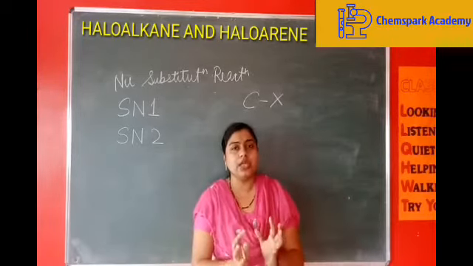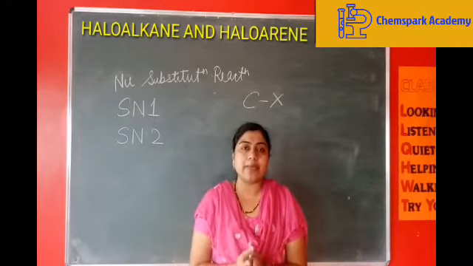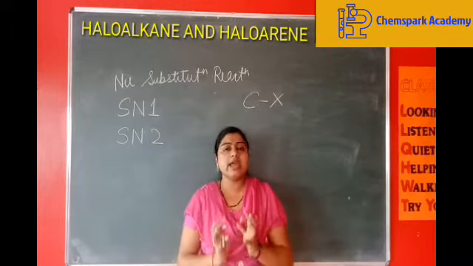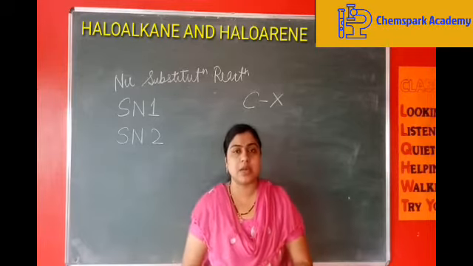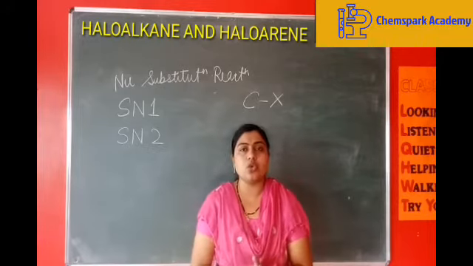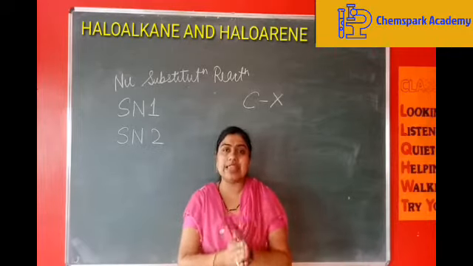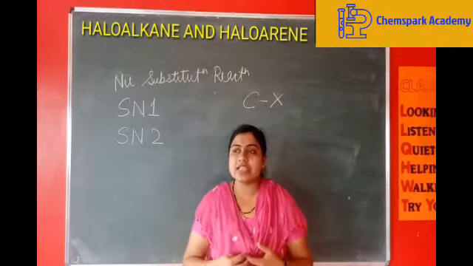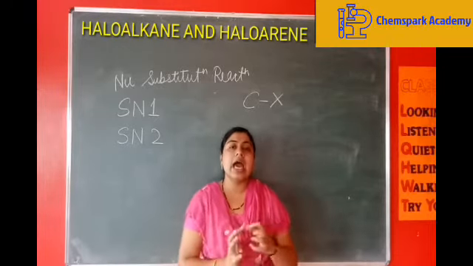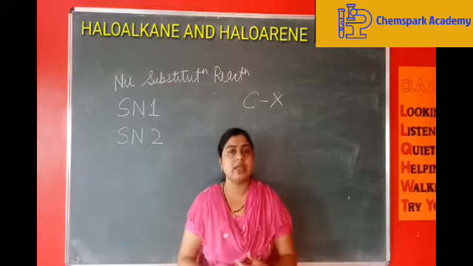Now why this unimolecular and bimolecular? When we study the chapter on kinetics, there will be the order of reaction, and we will study the rate determining steps. In a reaction, the slowest step is known as the rate determining step of that particular reaction. And we study what kind of molecules, and how many molecules, have a change in their concentrations and are participating in that.